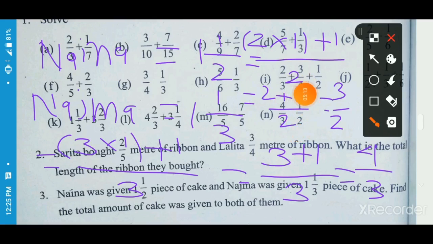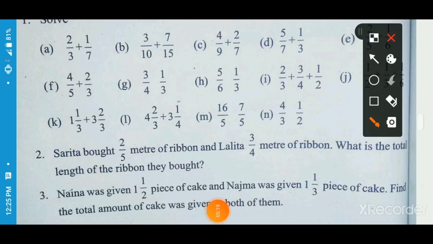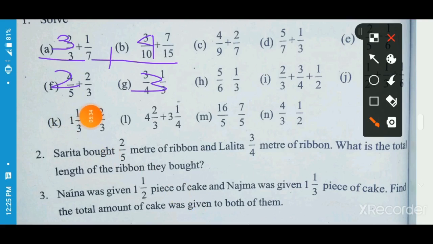Now we are going to add 3 upon 2 and 4 by 3, these two new values of the fractions. It is 3 upon 2 plus 4 upon 3. Now when we observe these two fractions, the denominators are 2 and 3, and both are prime numbers. So we take the product of these two, that is their LCM. LCM equal to 2 multiplied by 3 equal to 6.